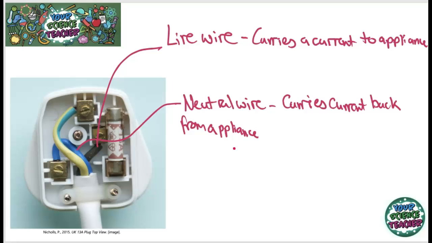You might have noticed in their plug sockets there's only 2 pins, and that's because they don't have this other feature. This is a safety feature on our UK plugs, and it's called the earth wire, and it's green and yellow. And this earth wire is only useful if there is a fault in the appliance. What it will do is it has a really low resistance, and it will carry the current instead of through a person's body.